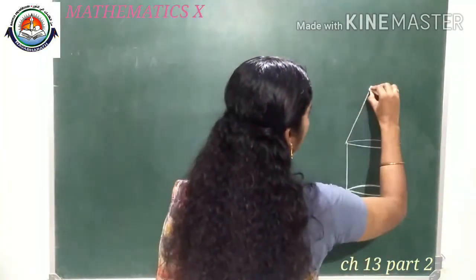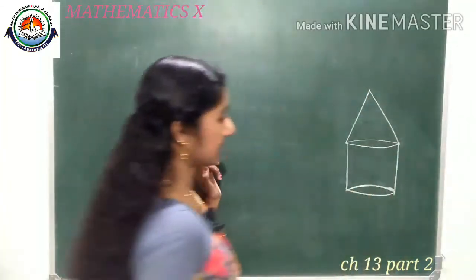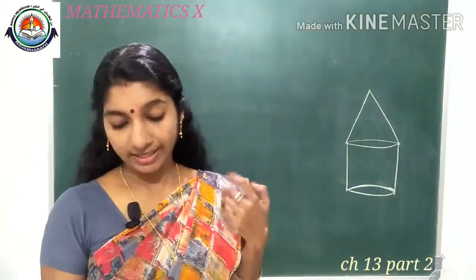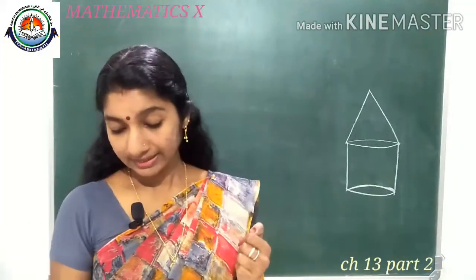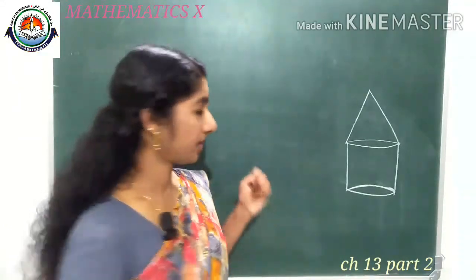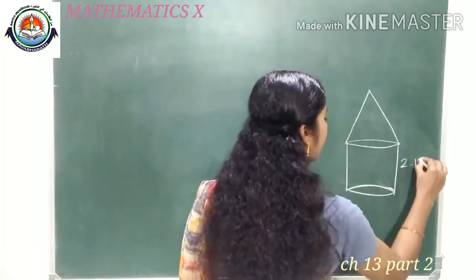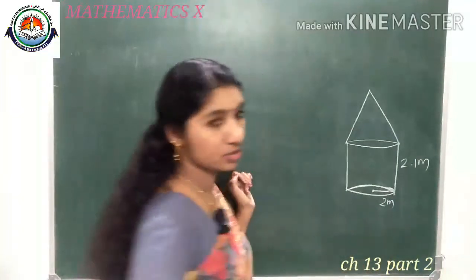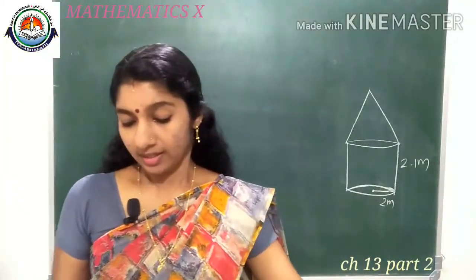That means one cone is on the cylinder. This is the shape of the tent, and it is given the height and diameter of the cylinder are 2.1 and 4. Its height is 2.1 and its diameter is 4, that is radius is 2 meter,